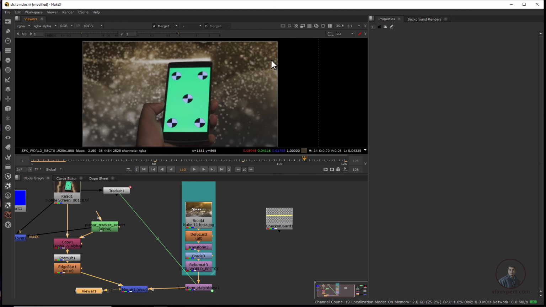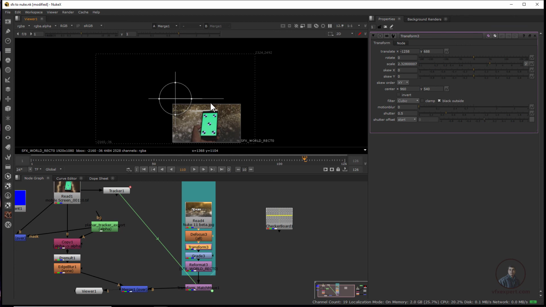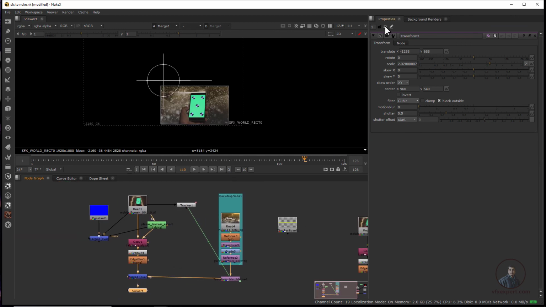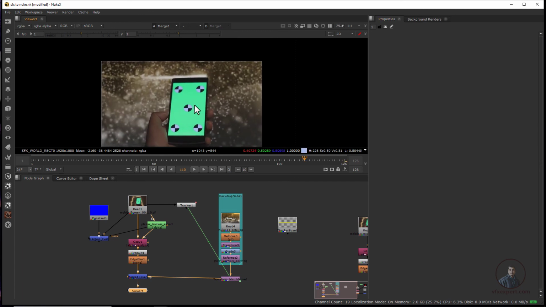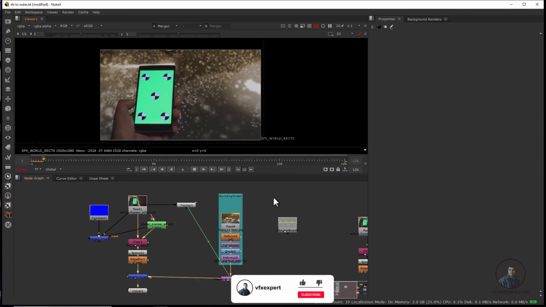Now check it a little bit here. Suppose you want to adjust this background a little, maybe scale it or whatever you want to do, you have to place another transform before this match move data. So I have placed it here, so double click here. From here you can easily adjust your background. Now finally you can see this is our final composite for this shot. Now again click here. Now play and check.